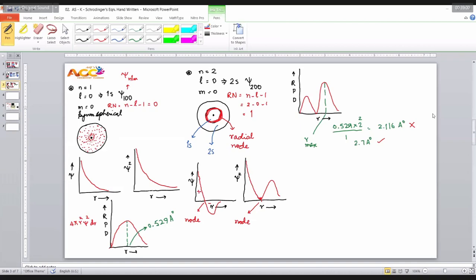R is 0 means, Shoaib, you are outside the nucleus. R does not become 0. What do you understand? R 0 does not mean going inside the nucleus and taking 0 there. That is not like that. R is 0 means nearest possible. Look here a little, look at the figure. I am not touching it. You can touch it, no problem, but to explain this I drew it like this, that we are starting just from the nucleus. So R is maximum because electrostatic force of attraction is maximum.